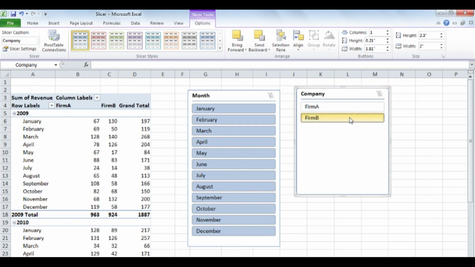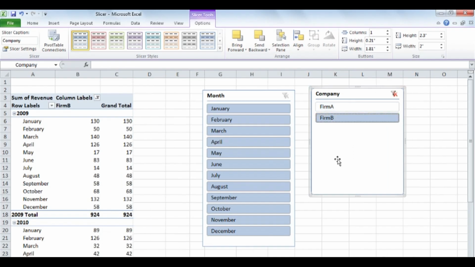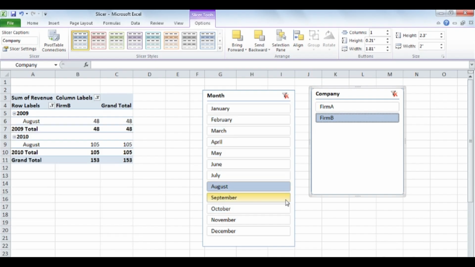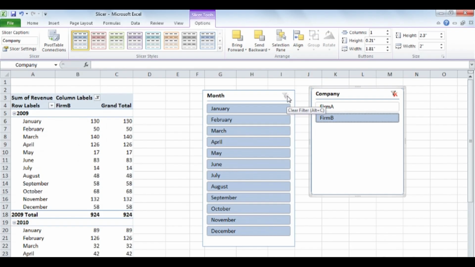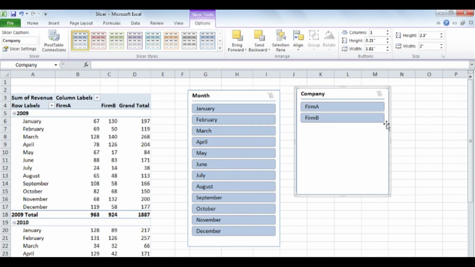So click firm B, and I'm interested in the months of August and September. So I'll click August and then Control click September to display only the values for firm B in August and September of 2009 and 2010. With that work done, I can clear the slicers by clicking the Clear Filter button in each of them, and